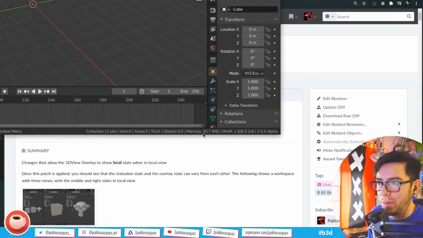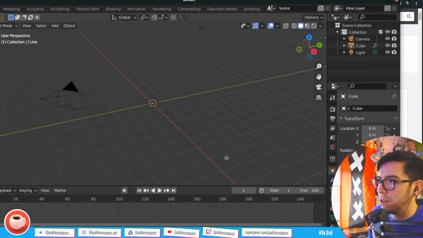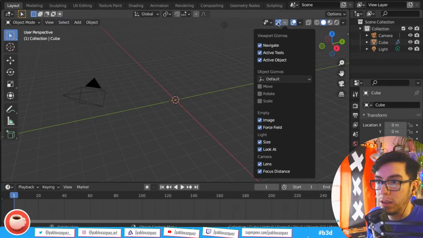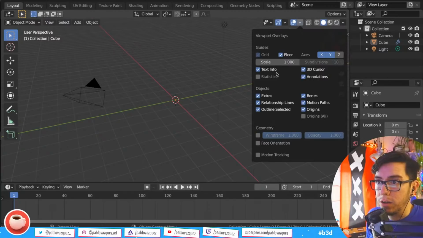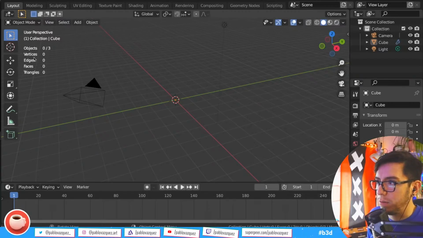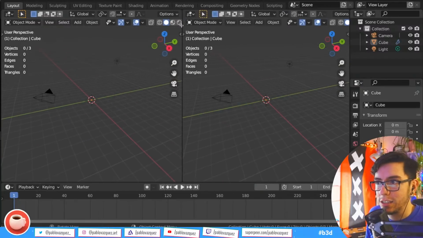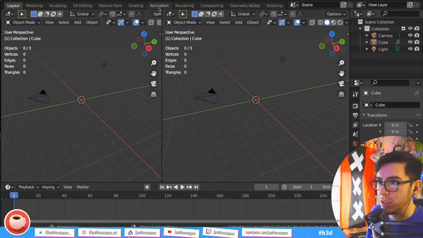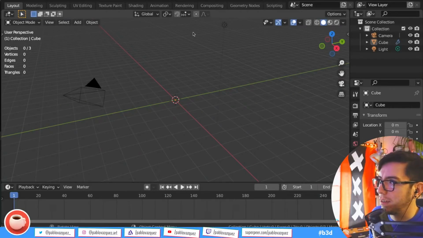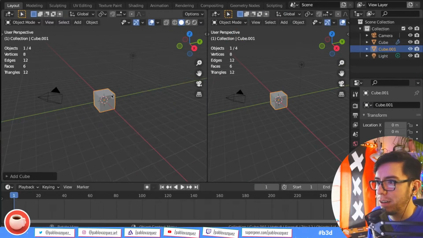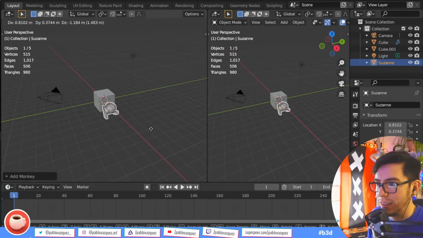Like it was the only place where you could find them. Then at some point, a few releases back, they were added to here as an overlay where you can enable statistics, and they will show up here in the viewport, where they make more sense, especially when you have multiple viewports. But the main motivation to move the settings to the viewport is because in the viewport you can have different objects in different